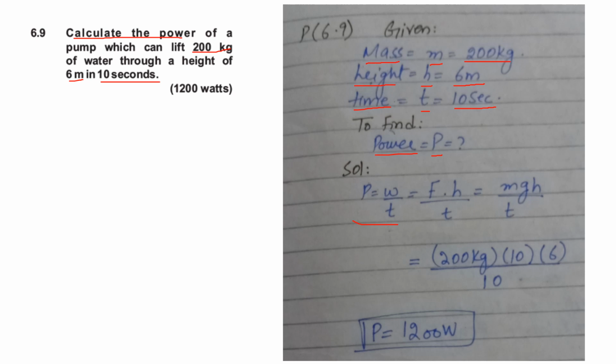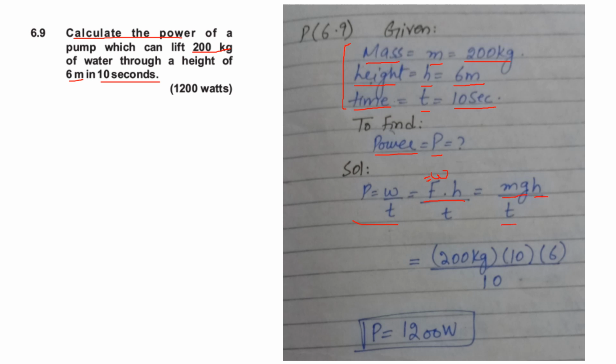Now if we see the data, the work is not given to us, right? So what we have to do, we have to use the formula of work is equal to force into distance, but here the distance is in the form of height, so we write F dot h. And also we can use this F as a W, right? Because when we use the height, weight is involved. So you can also say that F is equal to W, or you can write as W dot h. So you know that W is equal to mg, and height will be as it is, and this is the time.